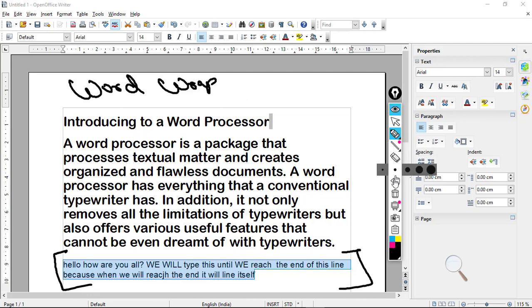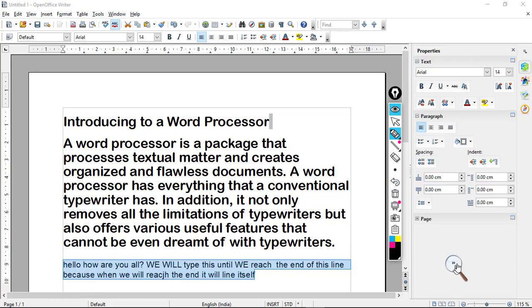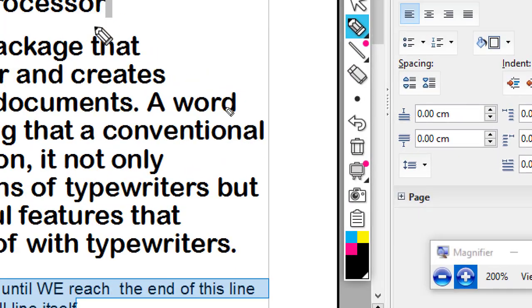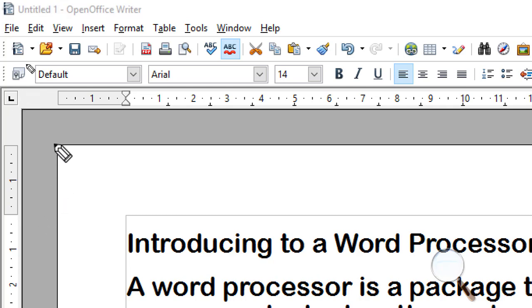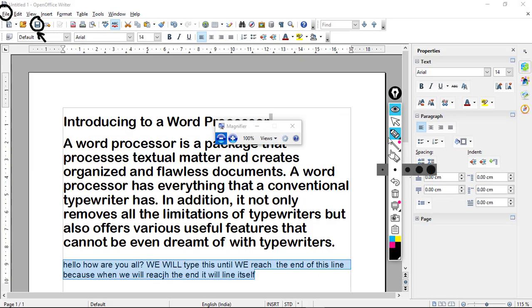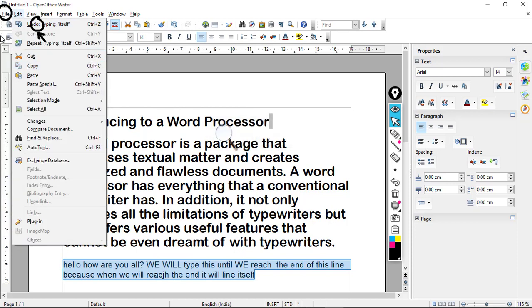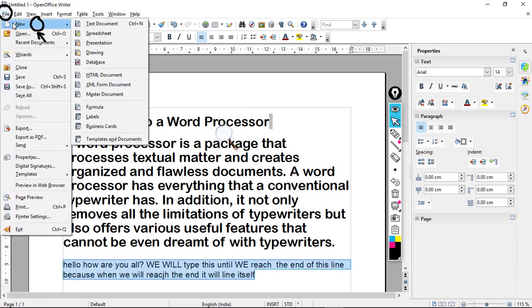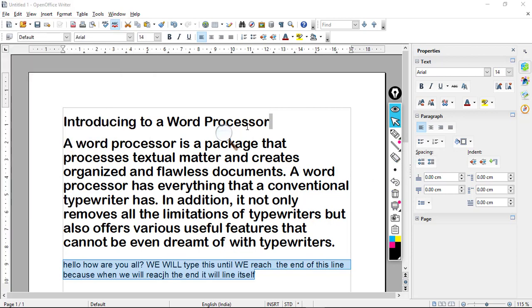Now let's see how we can save this document. For saving the document, we have several options. Either you can click on this option, or you can click on the File option, and then from there select the Save As option. So I'll click on this File option. Then here we have this save option. Sorry, let me just erase this first. It's a bit irritating now.